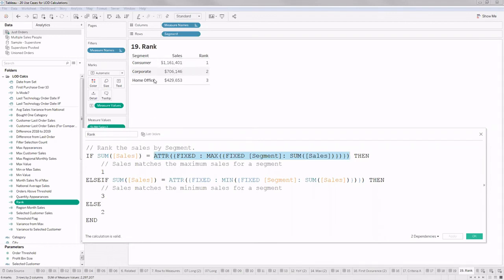I'm just checking if one of these values is equal to the maximum of these three values, give me rank 1, obviously. And then on similar logic, I'm extracting the minimum here. If it's the minimum, then give me rank 3, and if it's not 1 or 3, then it has to be in between. So it's again not a recommended way, just for